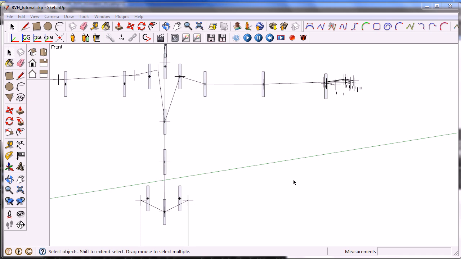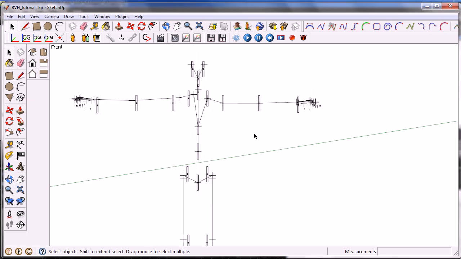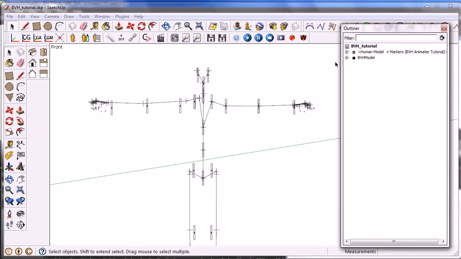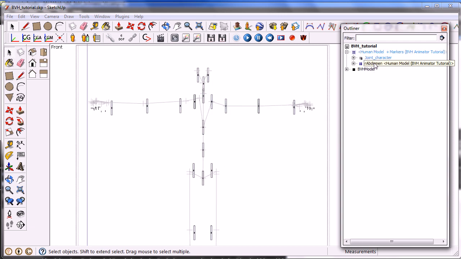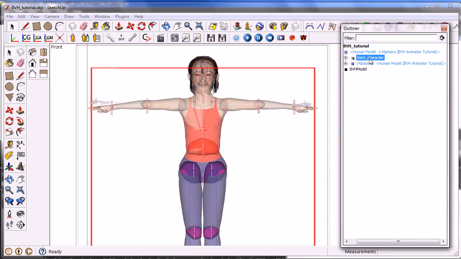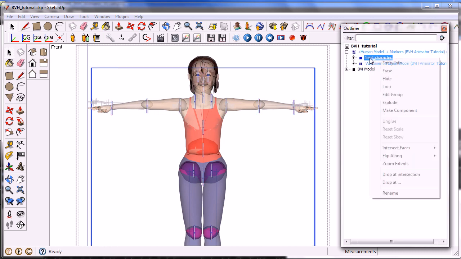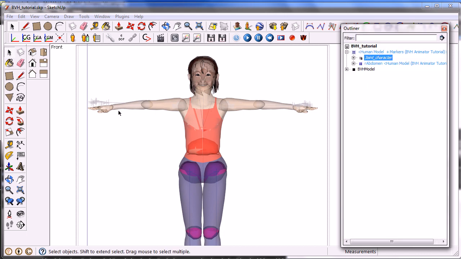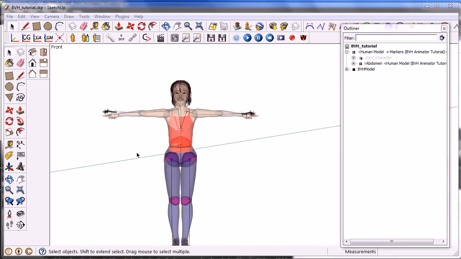Although it's optional, it's strongly recommended to redraw the skeleton once all the joints are properly placed. When you have finished building the skeleton, you can unhide the character and hide its markers. For this, we must first unlock them, then hide them, and lock them again. When you have finished placing all the joints of the skeleton, we recommend that you save your model.